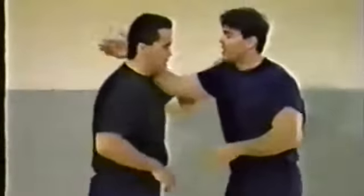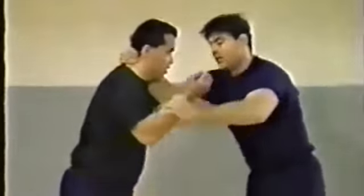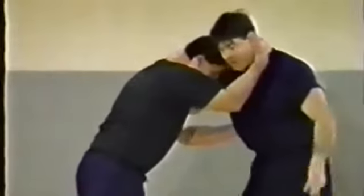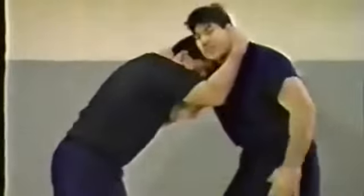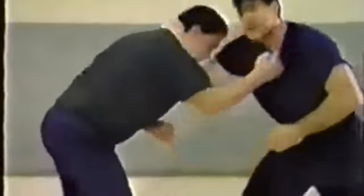The last one is what we call a wrestler's tie-up, when you've got a hand on the head. Usually what will happen here is you'll each have a hand on the back of the neck. The other hand will be on the back of his elbow or over the top here. And this is a common place. Your heads will be buried into each other, trying to work around, trying to look for good punches, still trying to control each other, like this. Okay, so from this position,